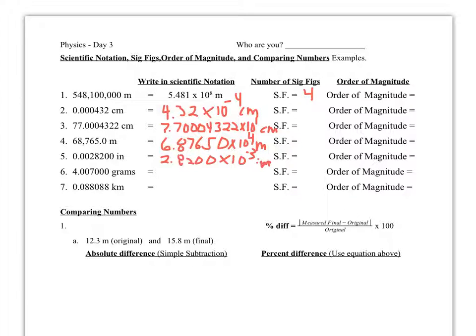And then the next one is already in standard form, but once again, all those zeros count because you wouldn't put those last 3 zeros unless they were significant. You could leave the number just as is, but I'll do this: 4.007000 times 10 to the 0th power, grams, little g is grams. 10 to the 0th power is 1, so you wouldn't need to write that there. And finally, 8.8088, that's 5 sig figs, times 10 to the negative second